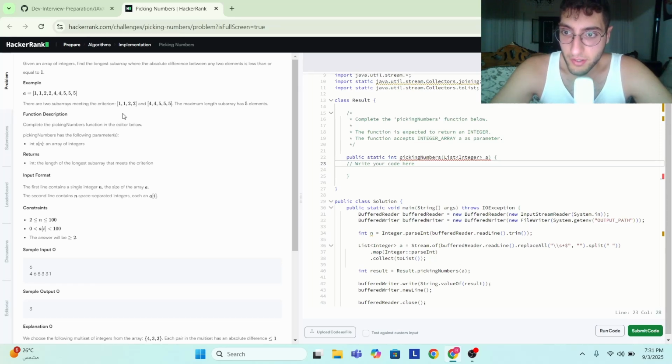So why is this important? The fact that our subarrays either include numbers that are identical or one digit apart, that's because of the way we're going to solve this. How we're going to solve this is we're going to create a tree map. Why are we using a tree map? That's because we want to sort our keys in a natural order. So in this case, since we're storing a tree map of integers, we're going to store our keys in ascending